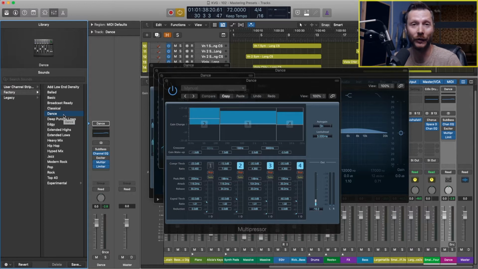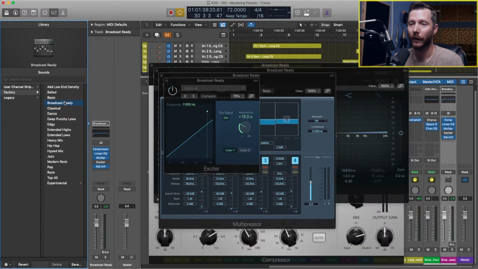Okay, so that's one way of just auditioning some different presets and seeing how they fit with the song that you're working on. Now, if there's one that you find that works really well with your song, then that's great. But there's a few settings you probably want to still tweak. I'm going to switch back to this one called Broadcast Ready because it's one of the simplest ones out of